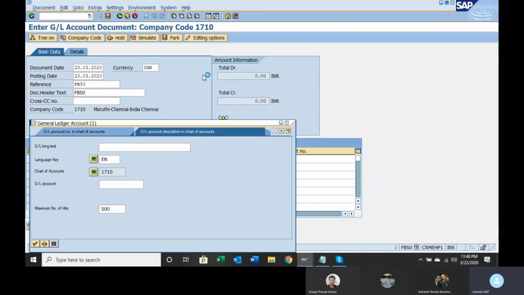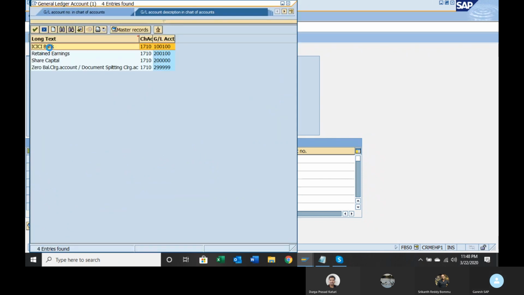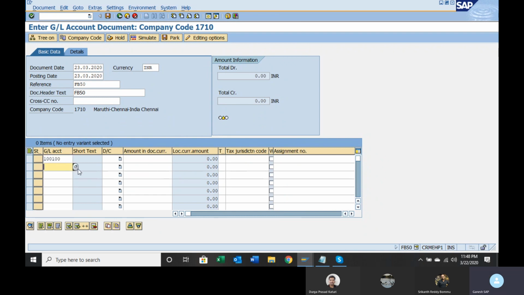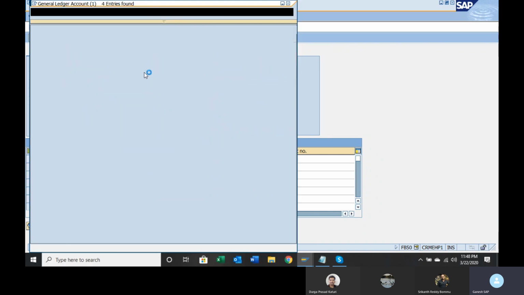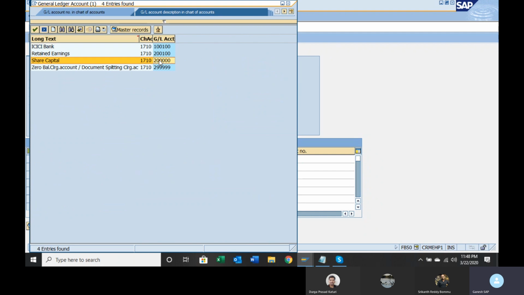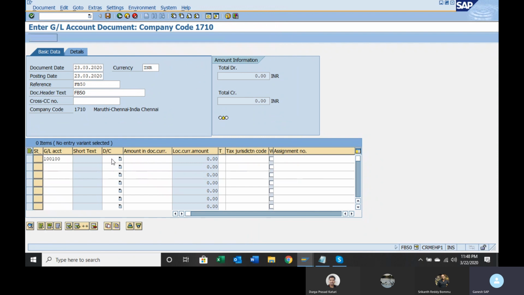Press F4 and select the GL account from the list. Enter. Double click on bank account. Second line item, liability account. I think 1 lakh series. Sorry, not 1 lakh. One series is assets, two series is liability. So first GL account.